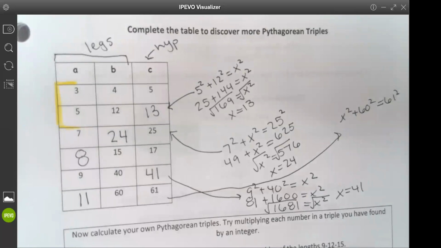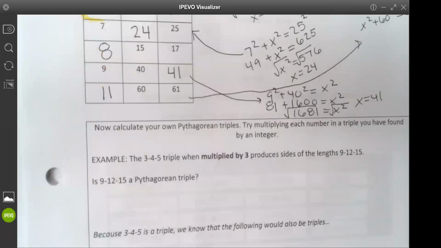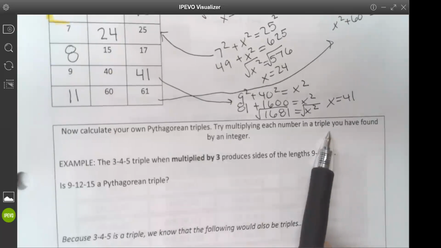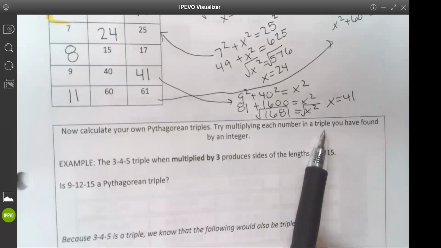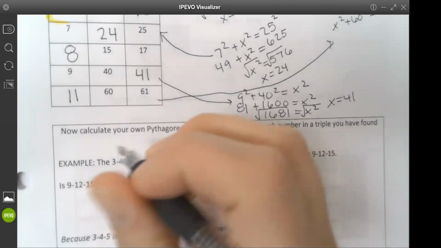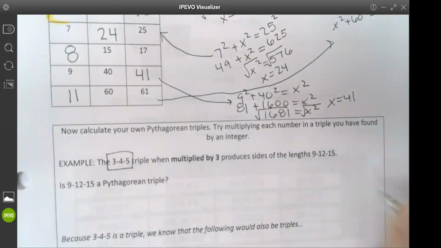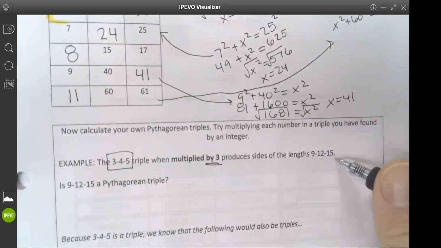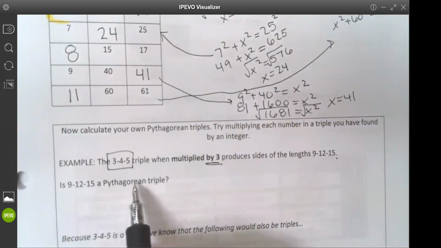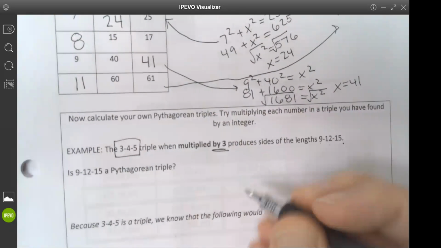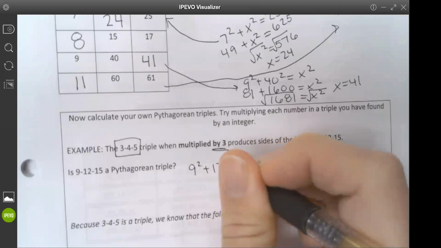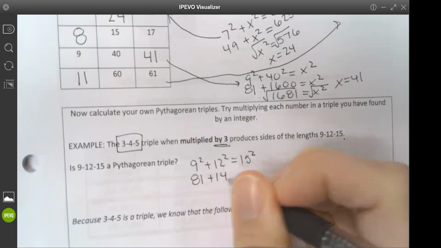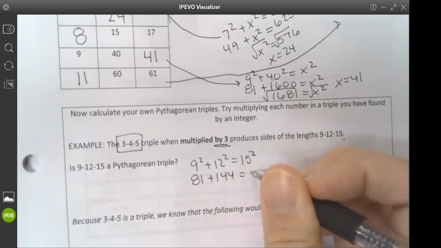So, meaning that I have my 3, 4, 5 triple. Multiplying each number in the triple by the same amount is going to give you a new triple. So for example, this 3, 4, 5 triple, if I multiply all of them by 3, it gives me 9, 12, 15. Is 9, 12, 15 a Pythagorean triple? Well, 9 squared plus 12 squared, is that going to equal 15 squared? 81 plus 144 equals